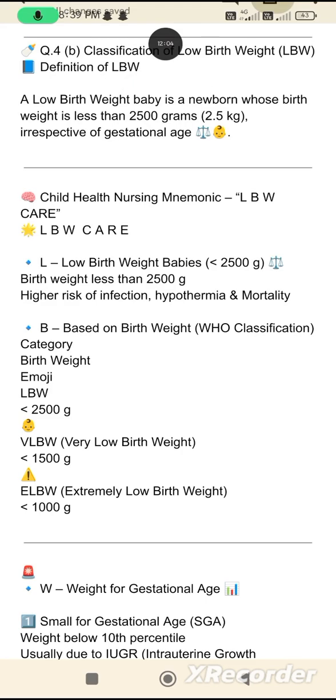Classification of low birth weight babies. A low birth weight baby is a newborn whose birth weight is less than 2500 grams,